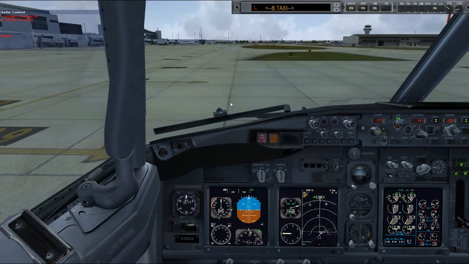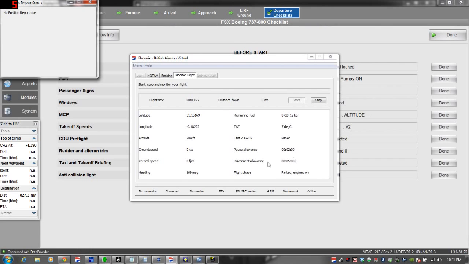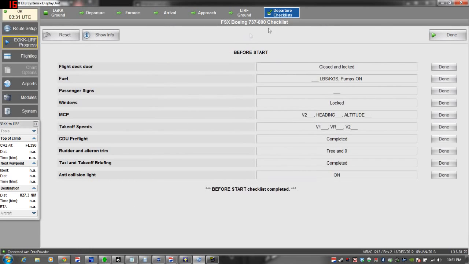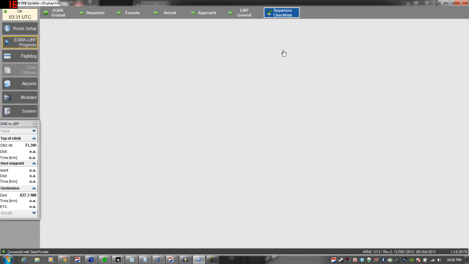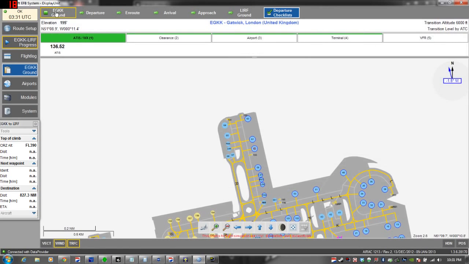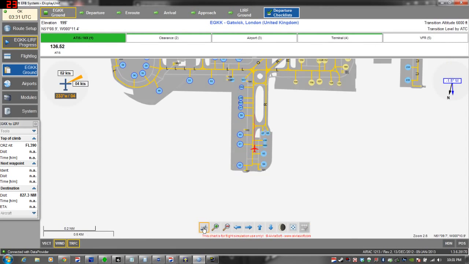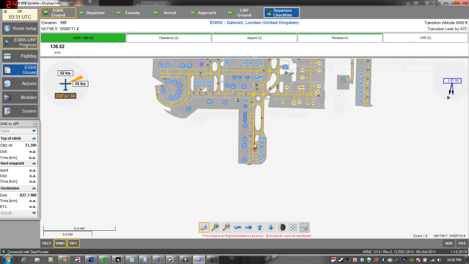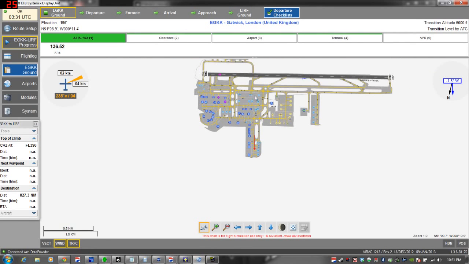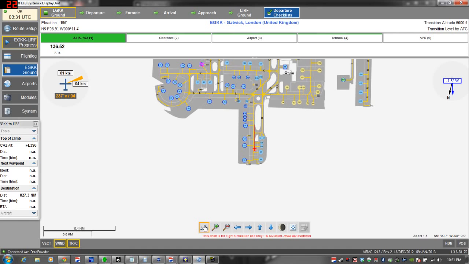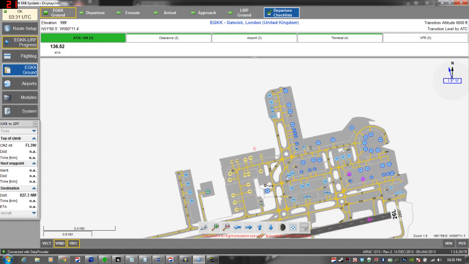Alright, so with all that done, let's go back over to the EFB here. What we can do now, I'm going to use the next checklist, obviously in a minute, this one right here. But before that, look, we're on the ground. I can center my view on the aircraft, which is here. We are going runway 26 left, which is here. So, the way that's going to work,